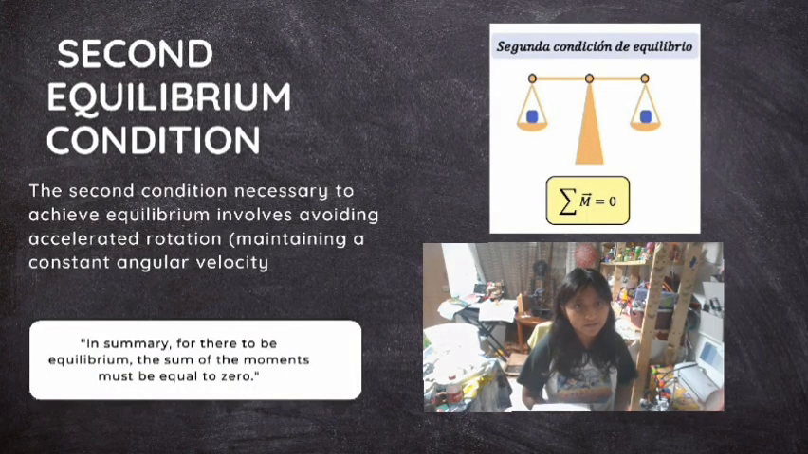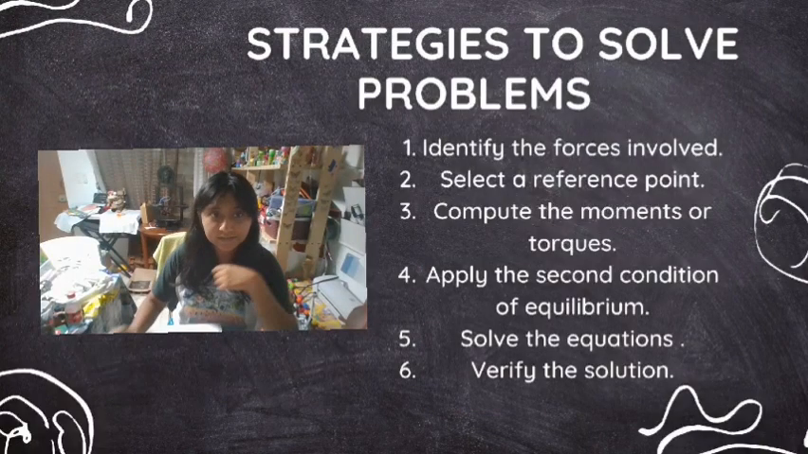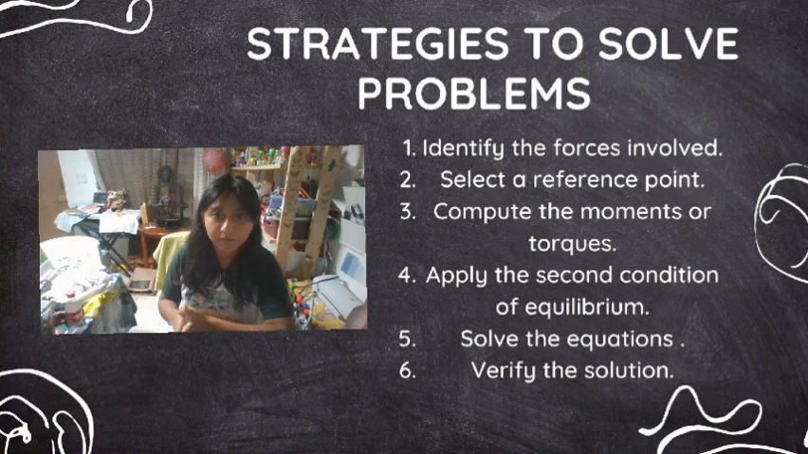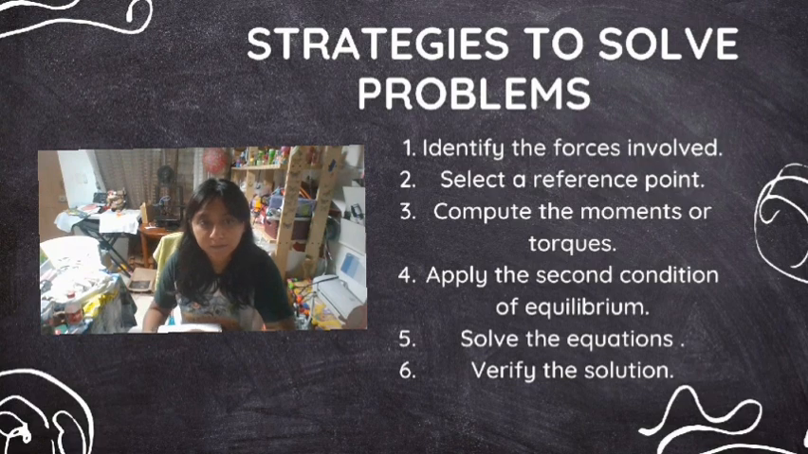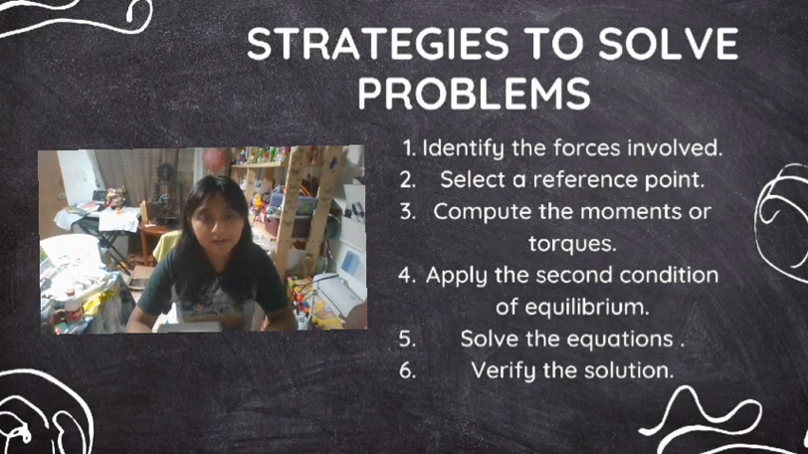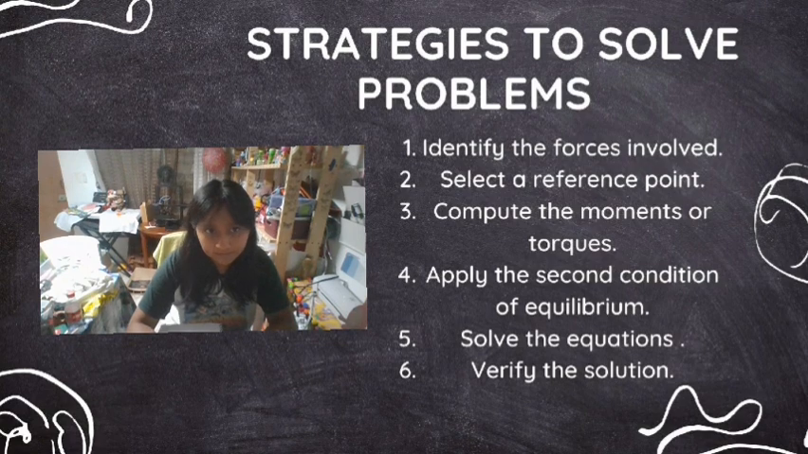The second condition required to achieve equilibrium involves maintaining a constant angular velocity and preventing accelerated rotation in a rotating body or system. If the rate of rotation remains unchanged despite the forces acting upon it, the system can be said to be in equilibrium. To summarize, in order to achieve equilibrium, the total sum of moments acting on the object must be equal to zero. Here are the strategies we consider to solve this type of problem: identify the forces involved, select a reference point, compute the moments or torques, apply the second condition of equilibrium, solve the equations, and